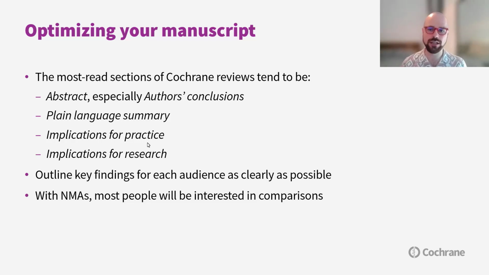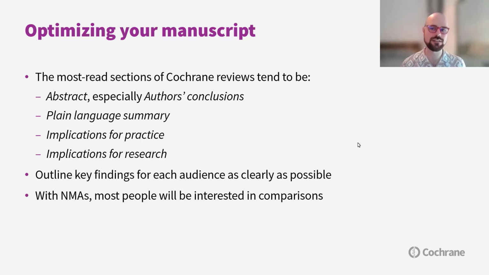Then the implications for practice section will really depend on the review question. But this really should be aimed squarely at whoever you might expect to implement the findings. That might be public health professionals, policymakers, health professionals, care home managers, frontline medical staff, specialists, prescribers, patients. Again, it will really depend on the review question. So, for example, if your network meta-analysis is a detailed comparison of surgical interventions, then it will probably be aimed at surgeons and upstream sources, such as guideline bodies who make recommendations to surgeons.